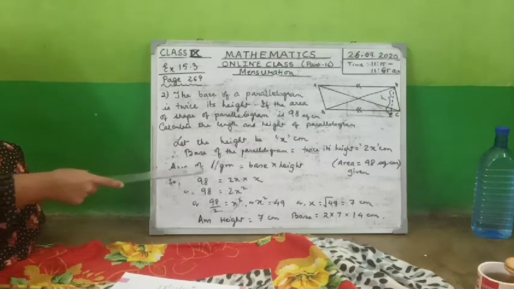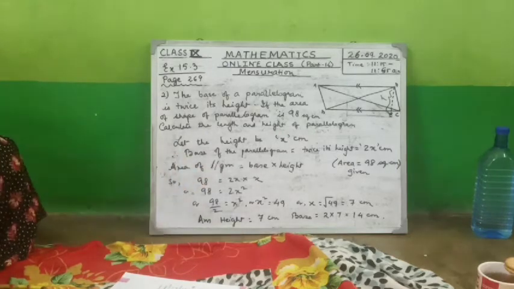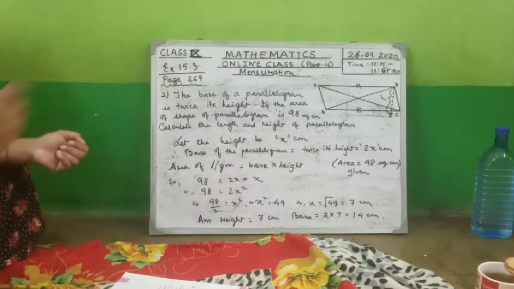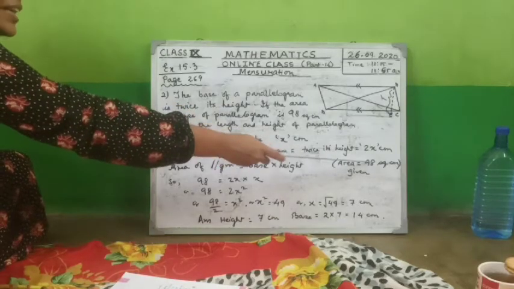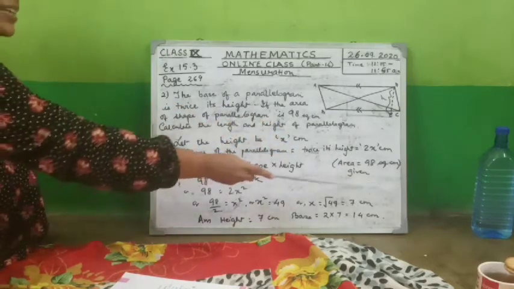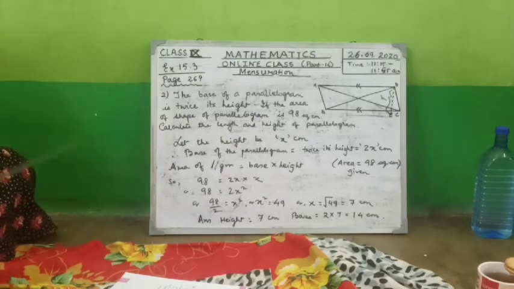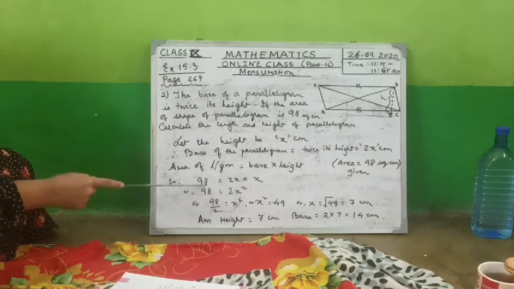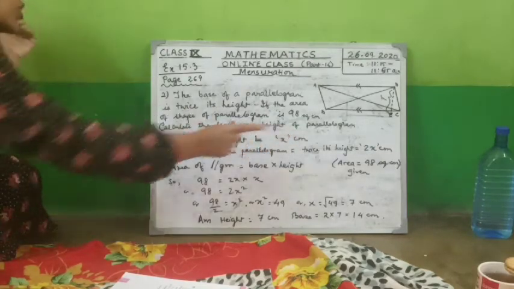So, area of parallelogram is what? We know base into height. Clear? And in this sum, the area is being given to you. The area of the parallelogram is 98 square centimeter. So, let us now calculate based on the given values. Now, the area of the parallelogram is 98 square centimeter and the base we have calculated as 2x, and